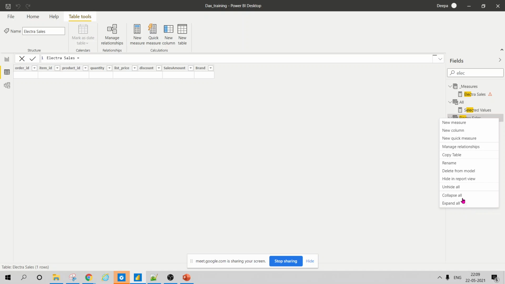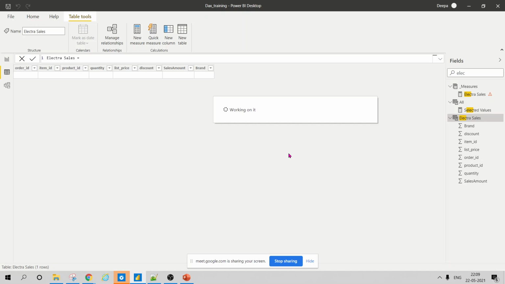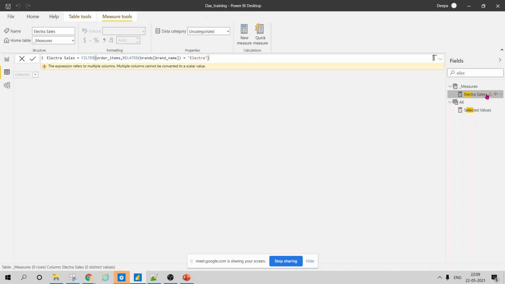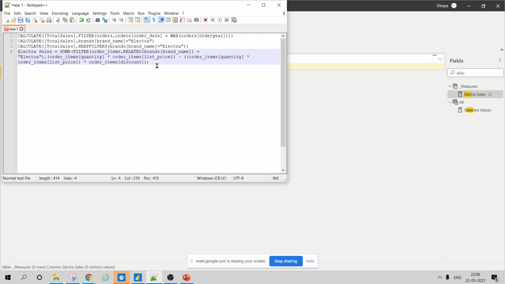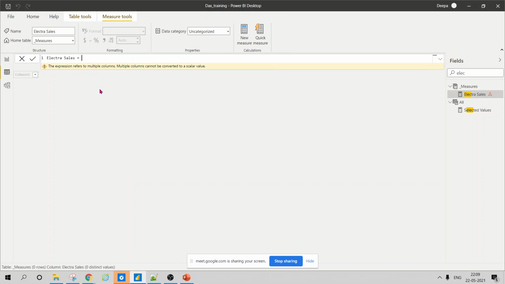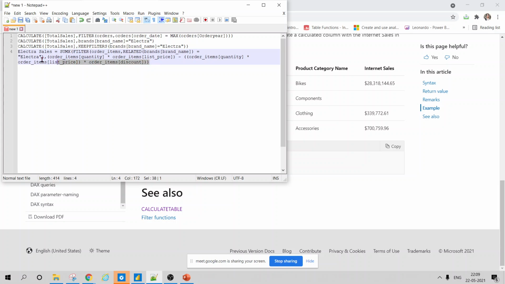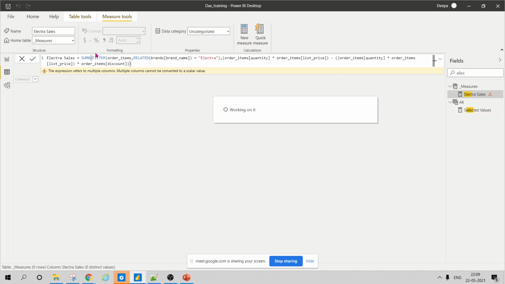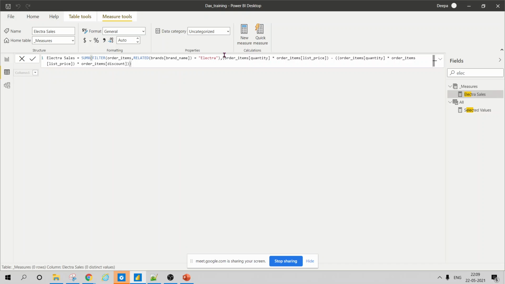This is not getting removed. Why? Okay, I'll just remove it. Okay. Now, first of all, we did it till here, that it is giving you a filter.